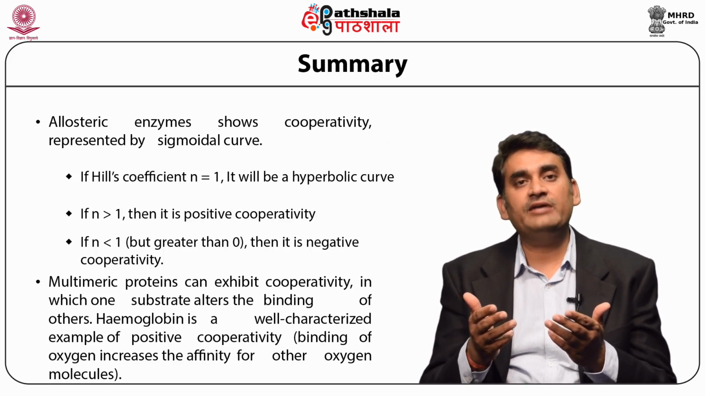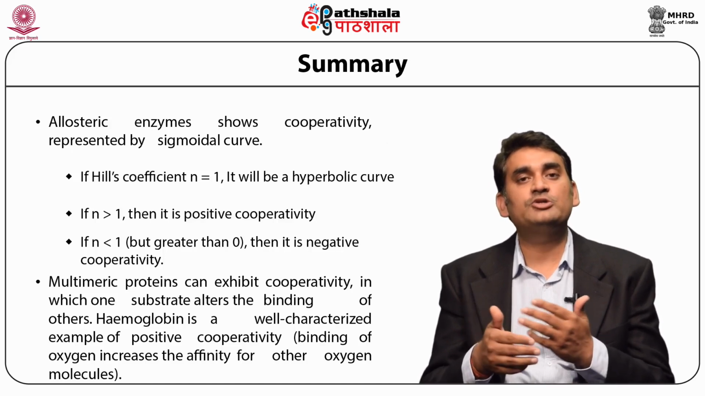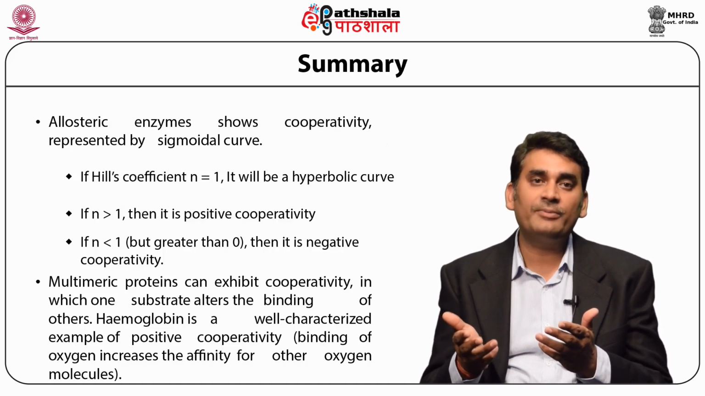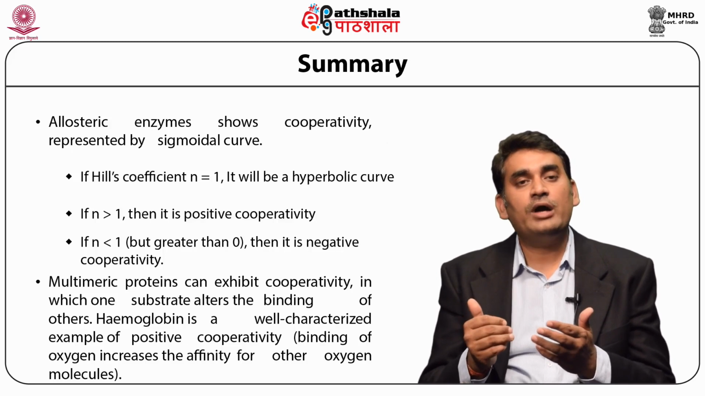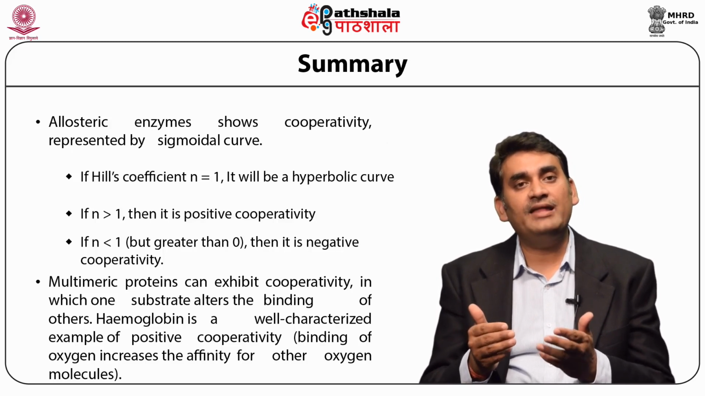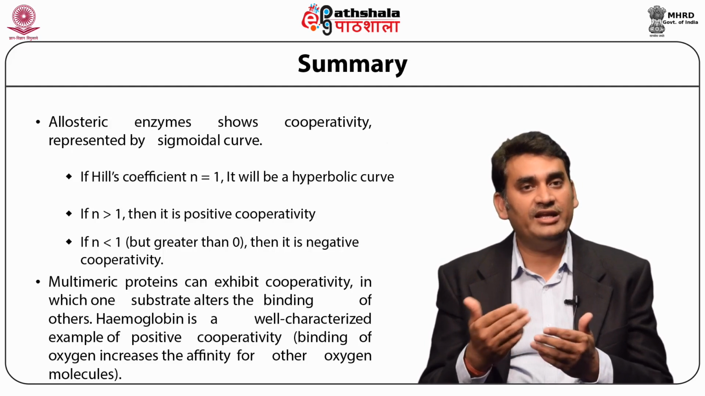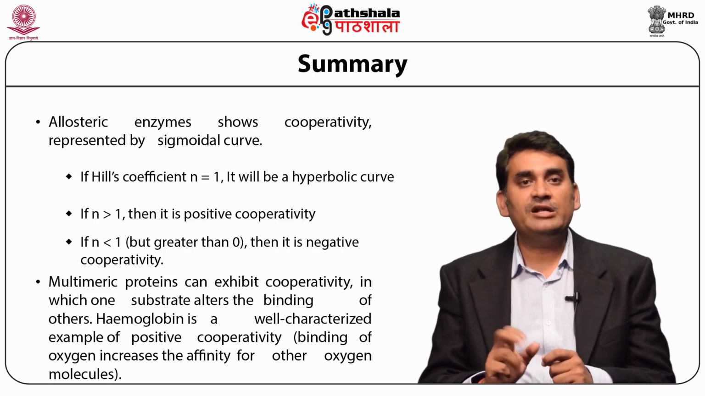But if the value of n is more than 1, then the enzyme is showing positive cooperativity, and the higher the value, the better the sigmoidal curve the enzyme will show. But if the value of n is less than 1, that means it is showing negative cooperativity and the enzyme is not cooperative. In multimeric proteins,